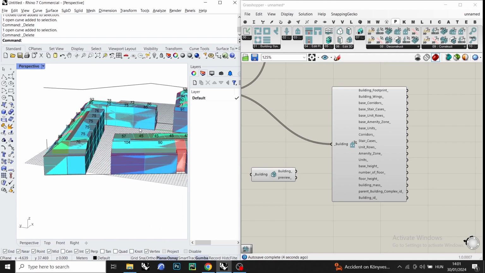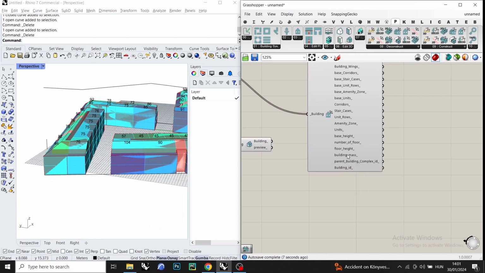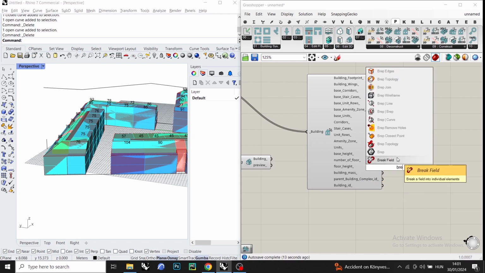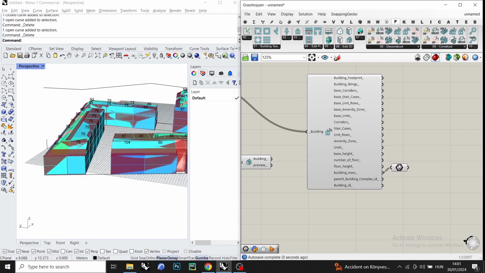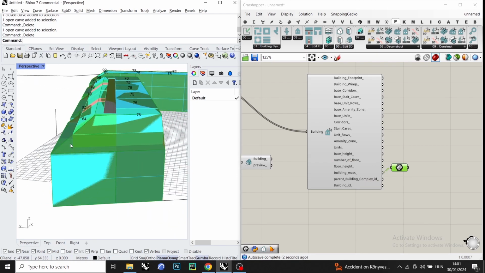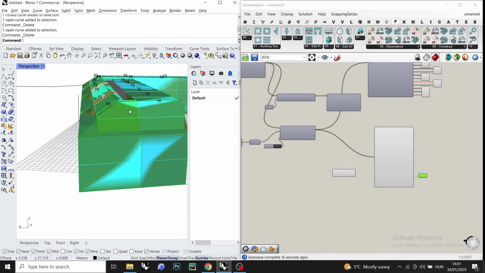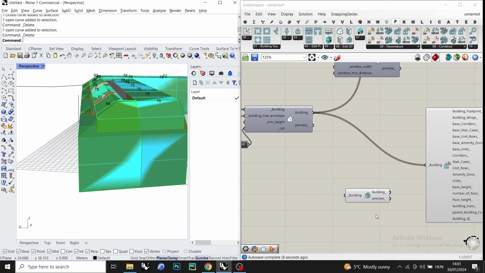So as you can see, one of them is the building mass somewhere here. Yes, these are BREPs, and as you can see, the building mass is not the same as the building we can see here, which is a problem, and this is why we need to use this recalculate building mass component,